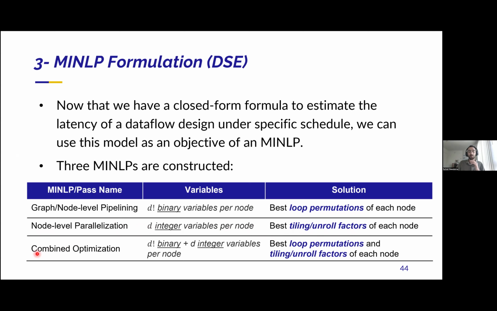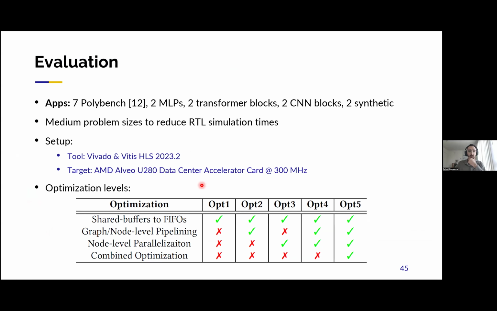And then we have a combined optimization, which will try to combine these two into one big mixed integer nonlinear program. The reason we split them like this is that this combined optimization, when we add both the binary and integer variables, may not be scalable. But if we solve them in 2 steps, this may not give us the optimal solution, but it's more scalable. So for the evaluation, we tested it on 7 small multi-kernel applications from the Polybench